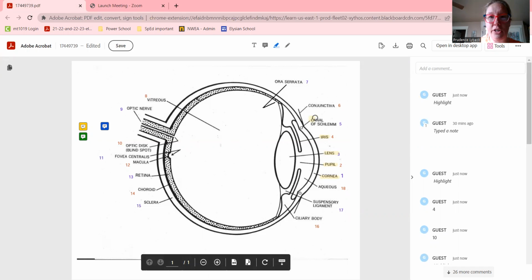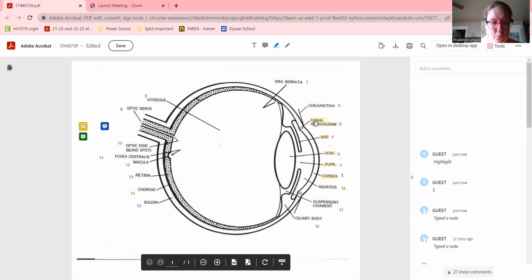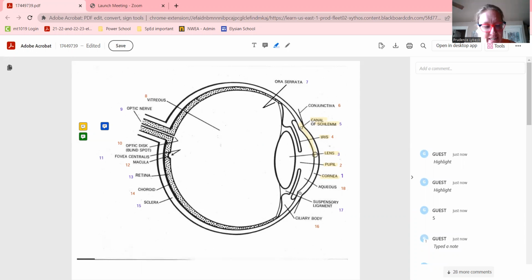Then we have the channel of Schlemm. And that one, number five, that one is our anterior chamber. It has an anterior chamber and it kind of flows through here in that trabecular meshwork. It travels the channel of Schlemm, which is the collection channel that delivers the aqueous to the venous